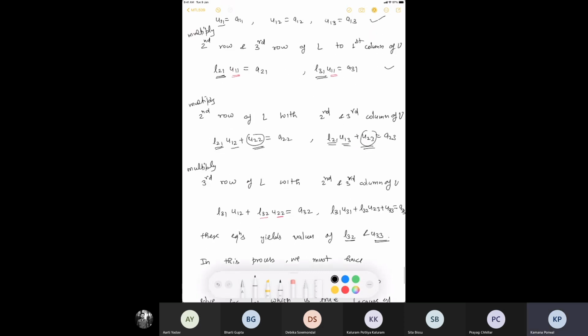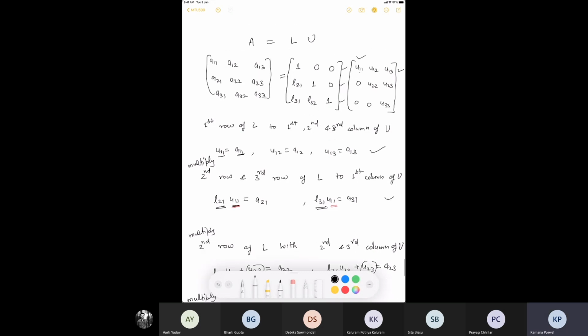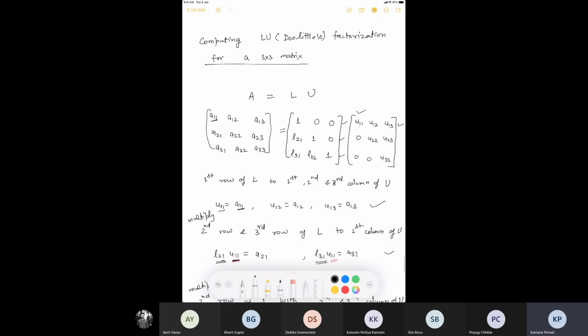So if you look at U11, U11 is the same as A11, right? So U11 is not equal to 0. Basically, I'm demanding that A11 is not equal to 0. And A11 is nothing but the first leading principal minor, right? So if we assume that all the n-1 leading principal minors are non-zero, you can see that